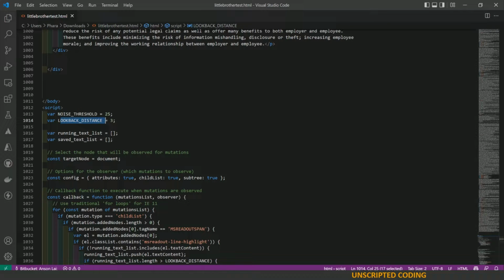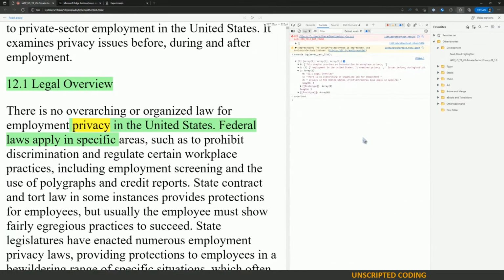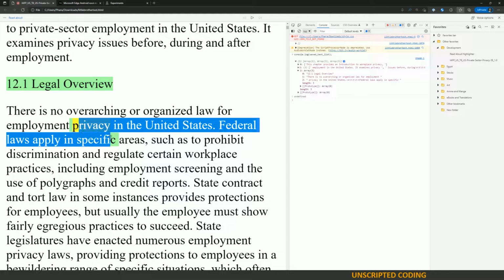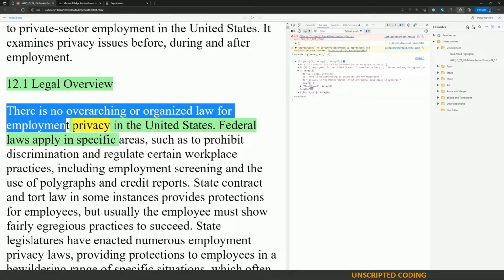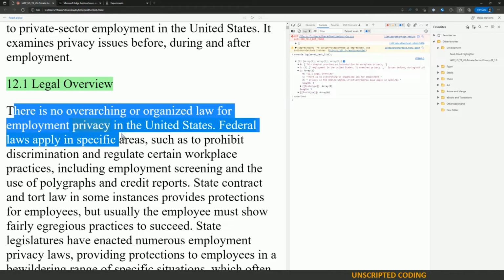Look back distance is an interesting one as well. If you look at this array, we printed out what is a saved text list. You can see that there is 3 lookbacks. So this is what's being highlighted. Privacy in the United States, federal laws apply in specific, I don't know what else. But if we look back to why I said highlight, you'll see the previous sentence and you get the whole